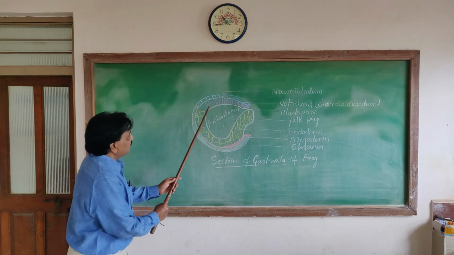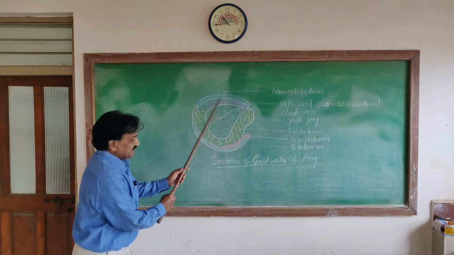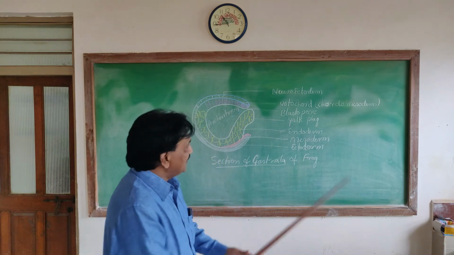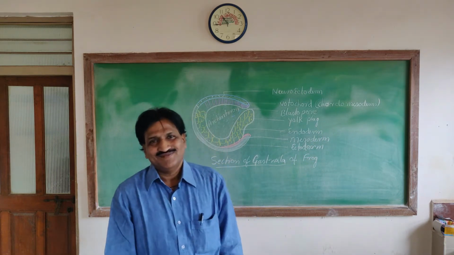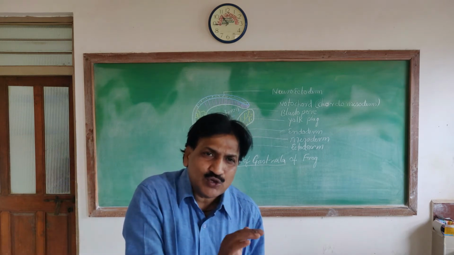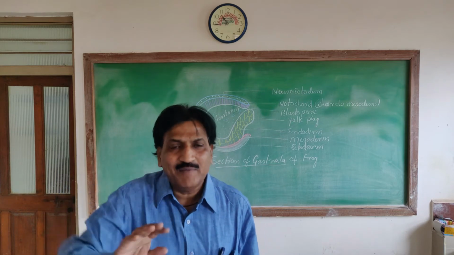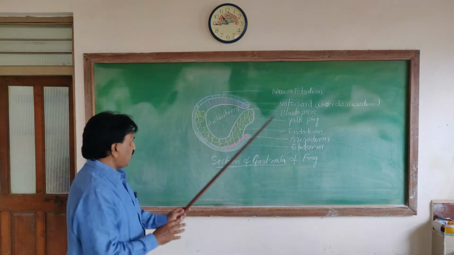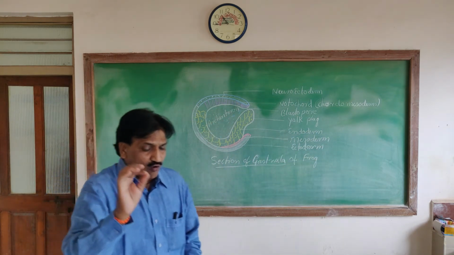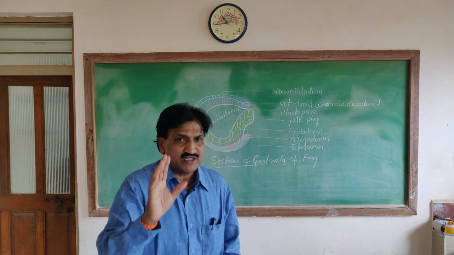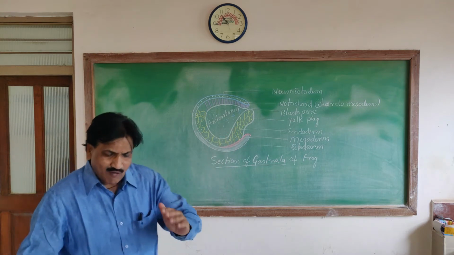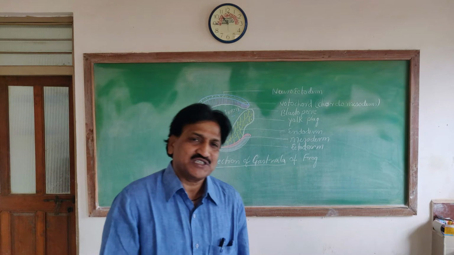Now this part is called the roof. The roof of the archenteron has a combination of the mesoderm and notochord, and that is called chorda mesoderm. What is chorda mesoderm? On the dorsal side, the mesoderm is in close contact with the notochord to form chorda mesoderm, or we can say notochord. The roof of the archenteron, that is very important. The roof has chorda mesoderm or notochord, whereas the floor and the lateral wall of the archenteron are covered by which cells? Endodermal cells.